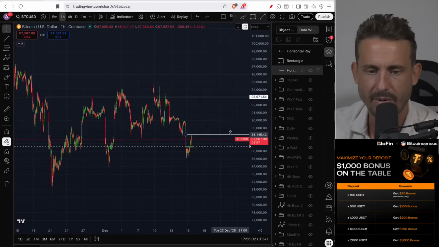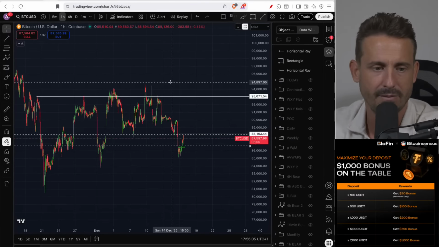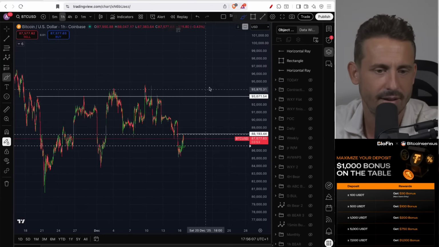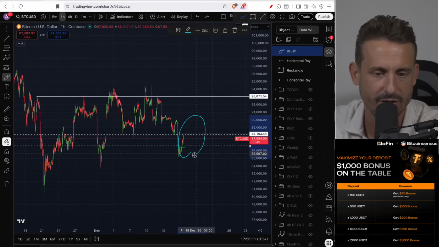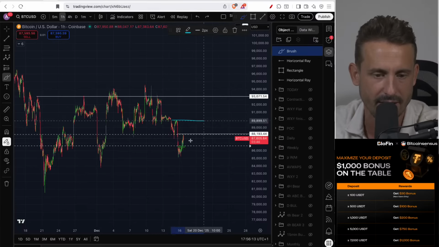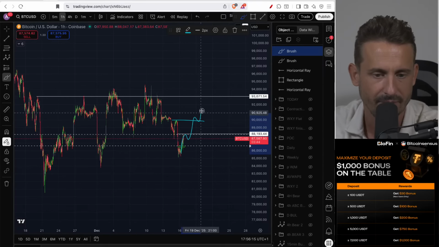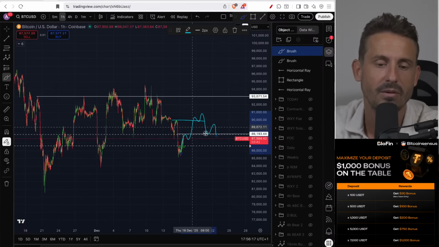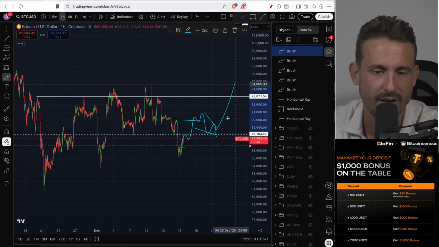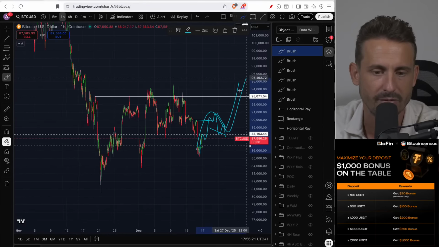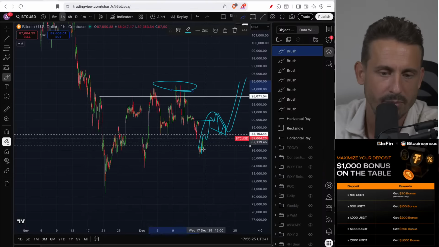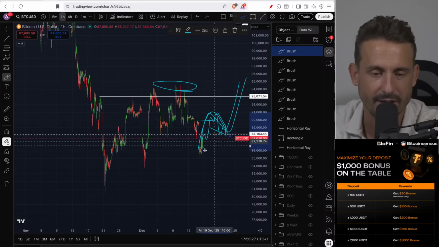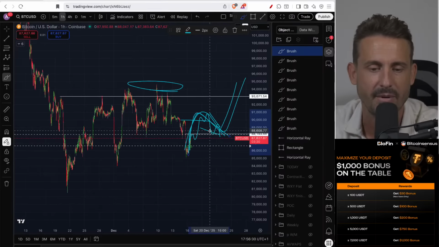Eventually, what we would need to see to start believing that we could hit 95k plus is that impulsive move to sweep up that 90k level, right? And then the correction, that's the golden ticket zone, guys. We're looking for that 3-wave move to the upside to take out 95k plus. But we need the first leg up first, right? So we need that A wave and then the B wave,